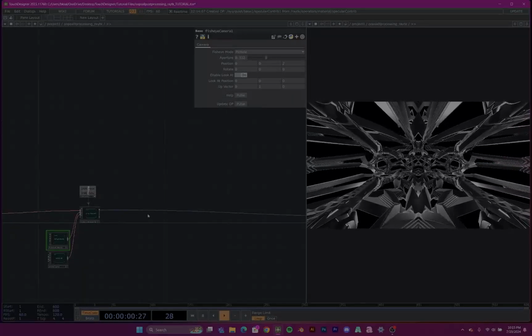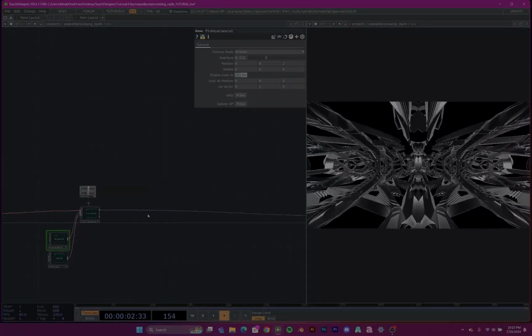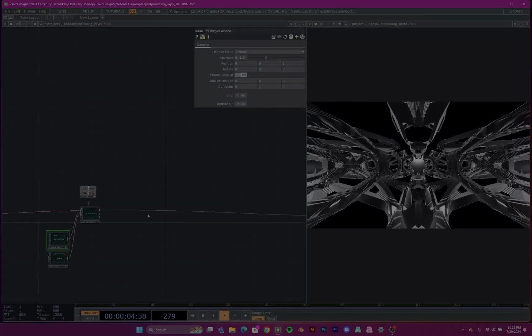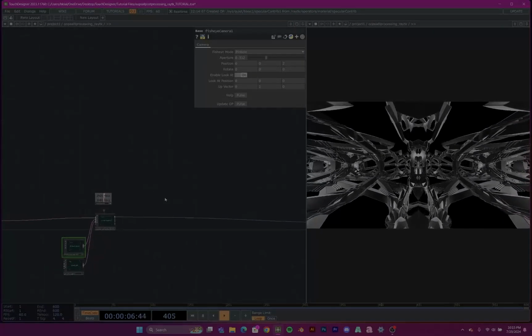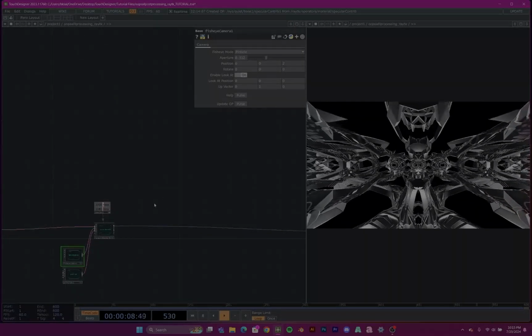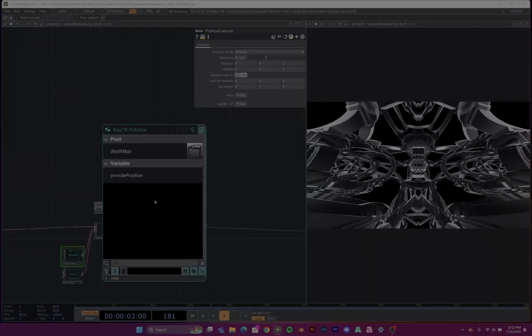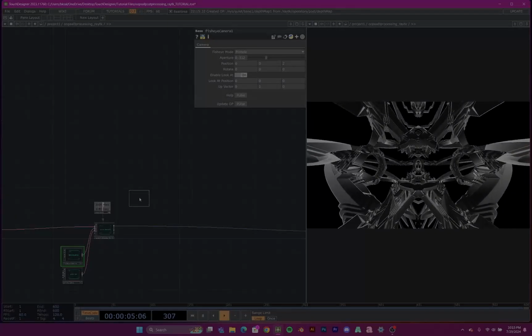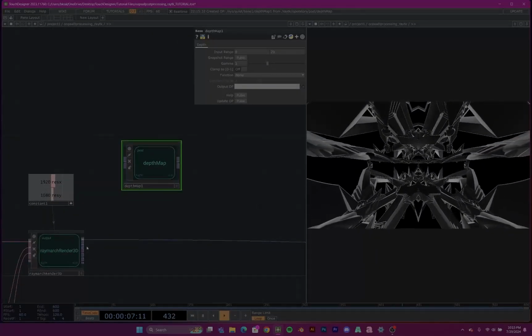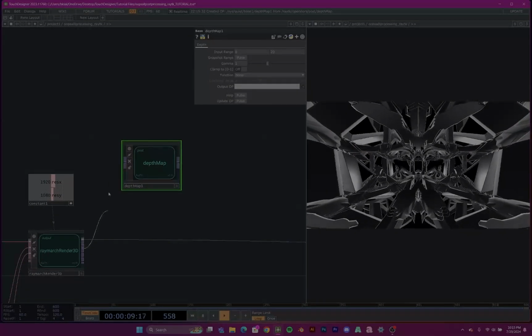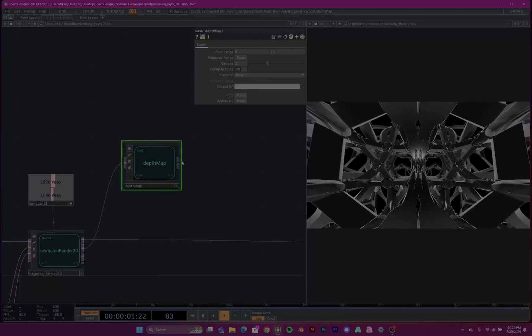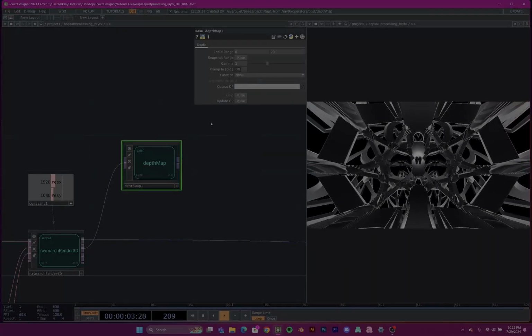Try to stay with me here. Things get a little complicated. I confused myself doing this, so it'll be fine. We're going to figure it out together. So we are going to open up our palette here, and we are going to grab a depth map, and the third output of our RayMarch render, hook that up to our depth map, and then we are going to